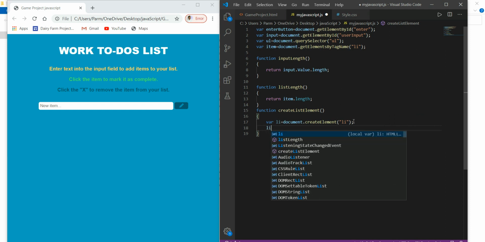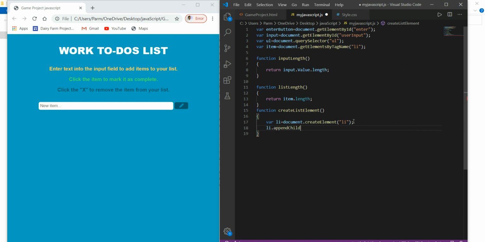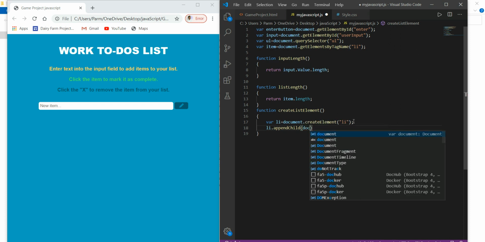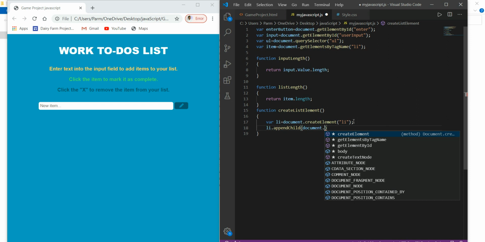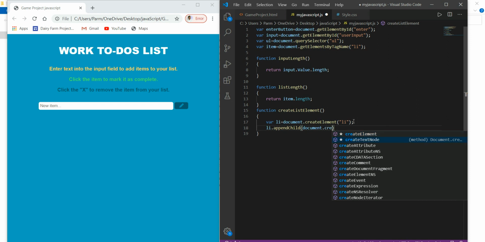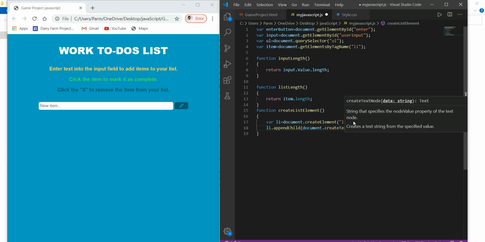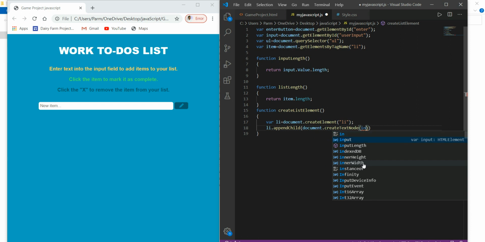So for this I will use the list.appendChild method, and here we give the value document.createTextNode, and to this I will give the value input.value.